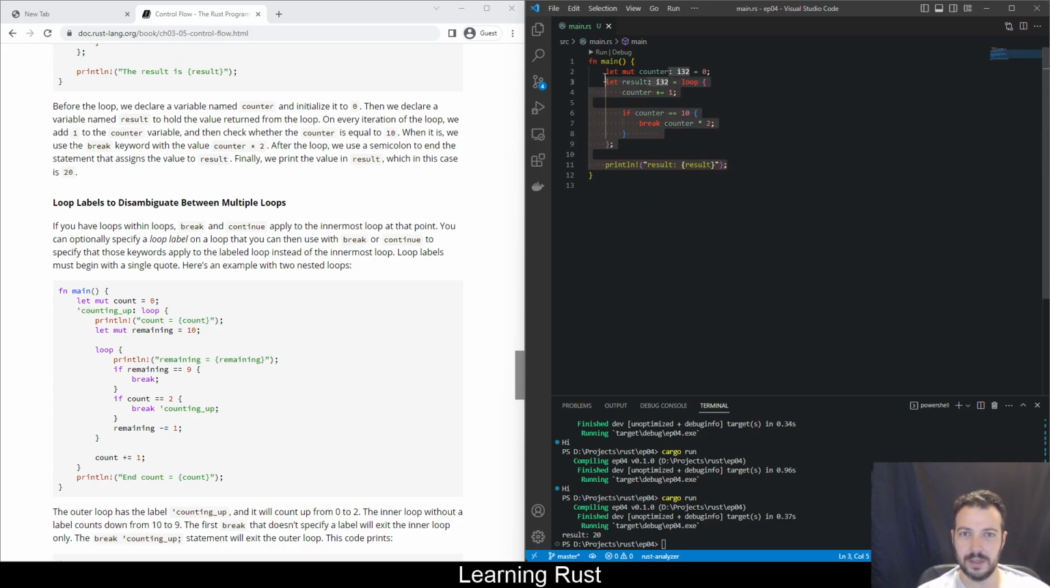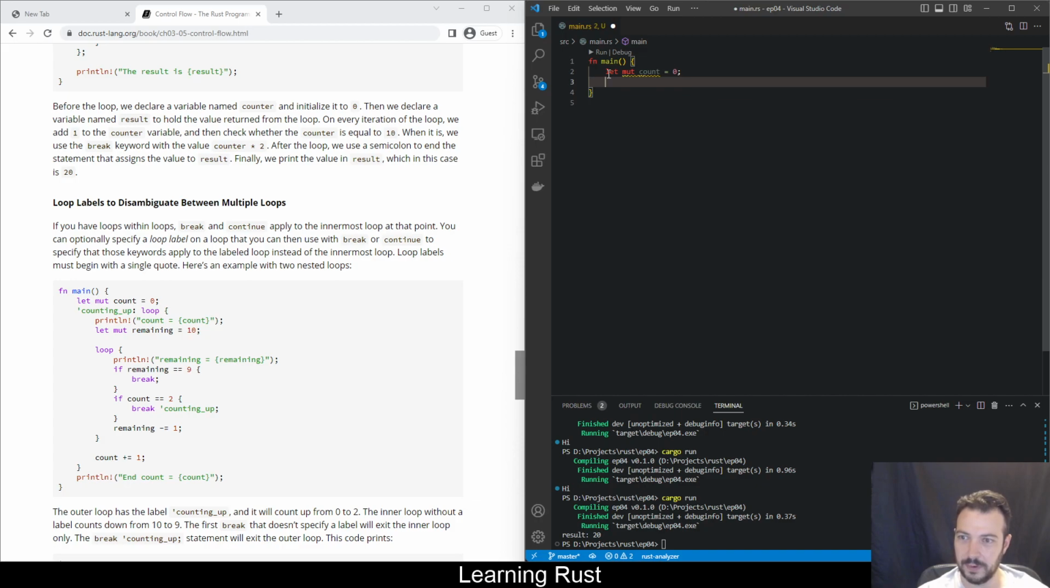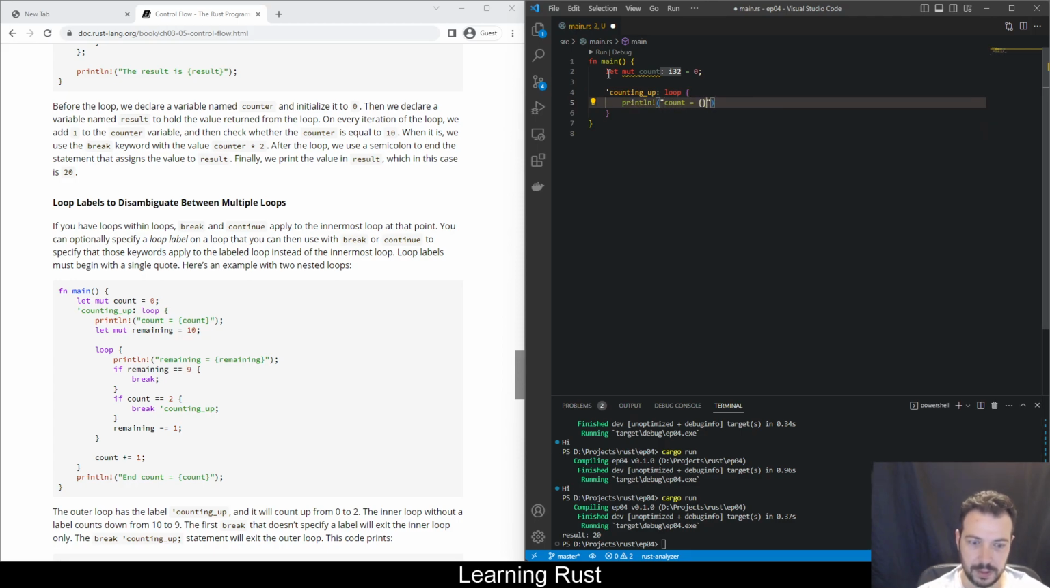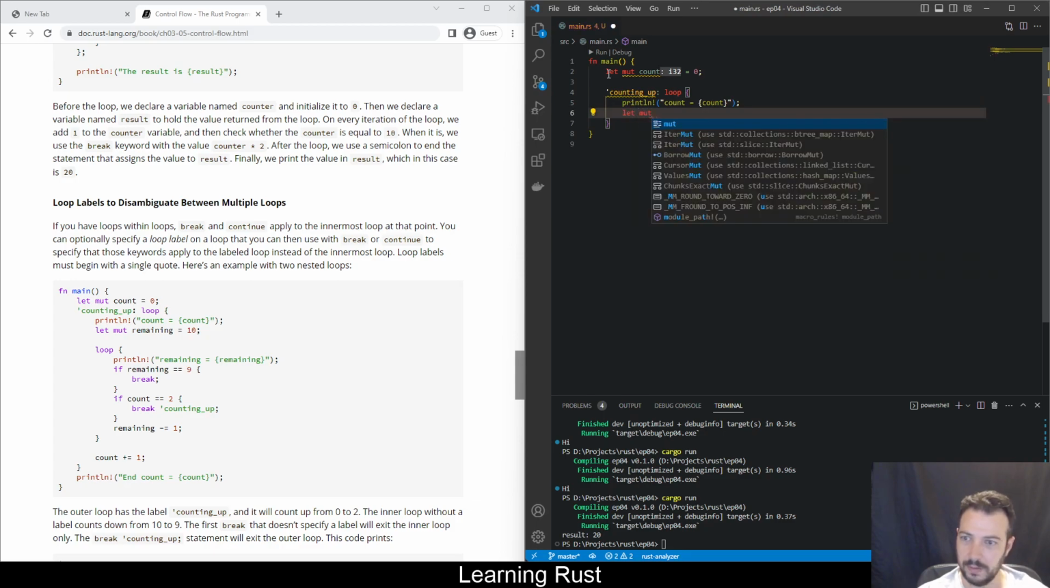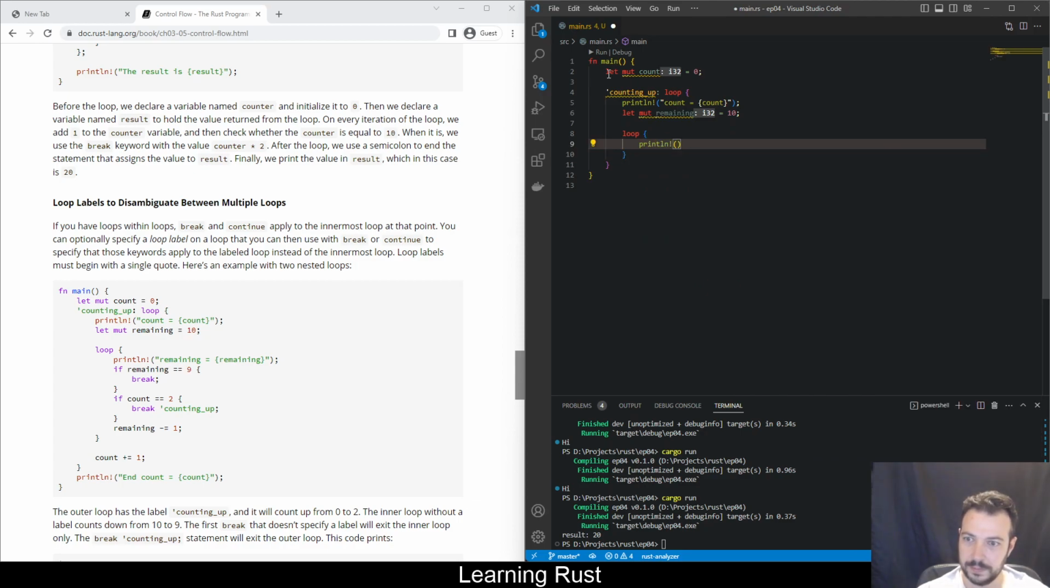Okay, this is a new syntax. Let's write this. So we have let mutable count equals 0 as before, and then I'm starting a labeled loop, 'counting_up: loop. So this is a loop labeled counting up. I print count equals count, and then I declare another mutable variable remaining that is 10, and then I loop again. This time it's not labeled. I print remaining equals remaining,